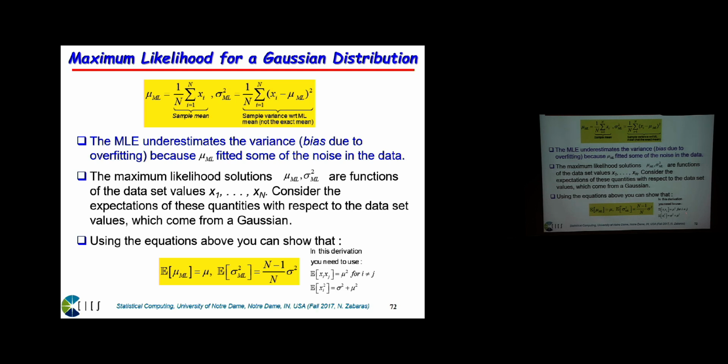And to derive this, I am using these two identities. So you have to help me with where these two equations come from. From where is the equation on the top coming? It says E of xi xj equals mu squared for i different than j. What is implied here? If i is not equal to j, the expectation of xi xj is mu squared. Mu is the exact mean of the distribution. Where does this mu squared come from? This is the result of what assumption we are making?